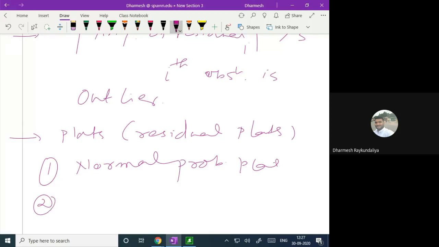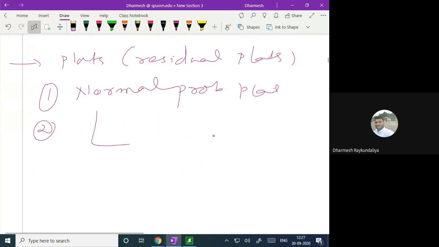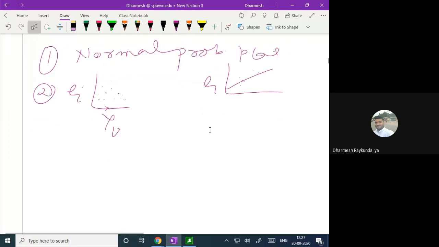Second, you can draw the residual versus predicted value plot. In the normal probability plot, if all the points are covered by the line, then we say that the data, or residuals, are normally distributed. And you try to see if there is any pattern in the data. If there is no pattern, then we say that the e_i is free from y_i cap. That means residuals are free from the X. It means that the constant variance assumption is true.